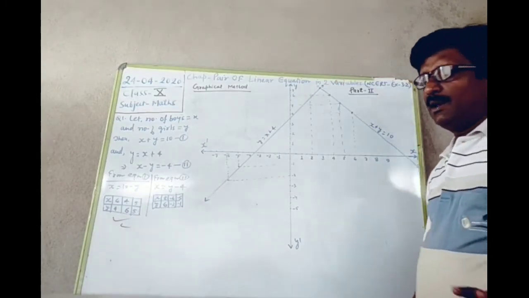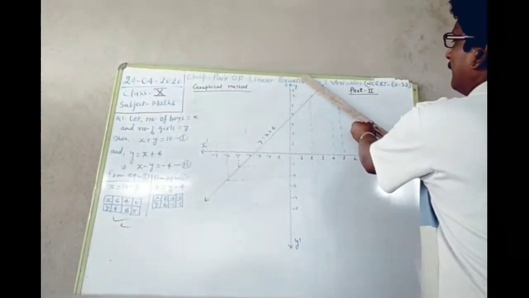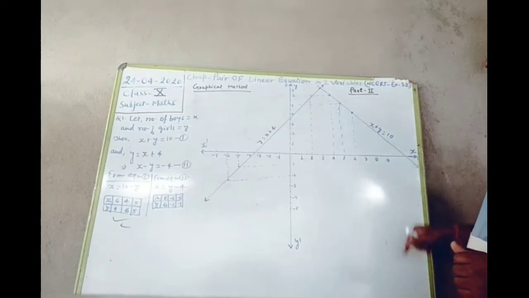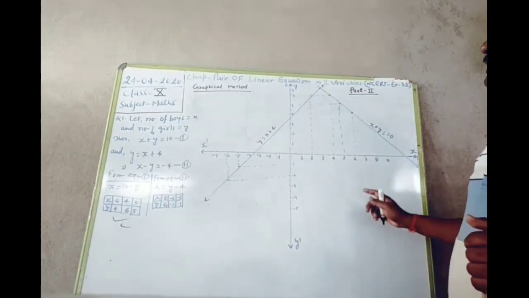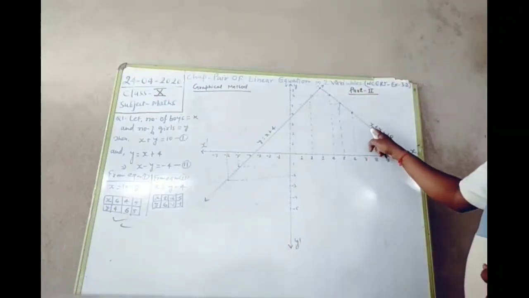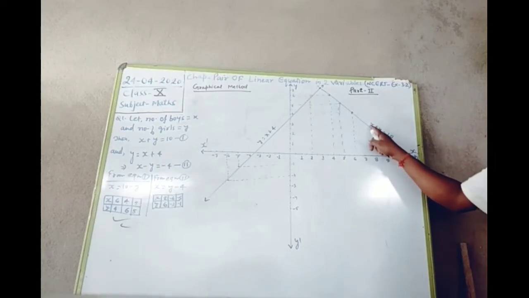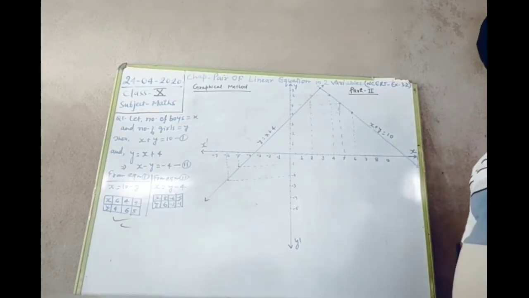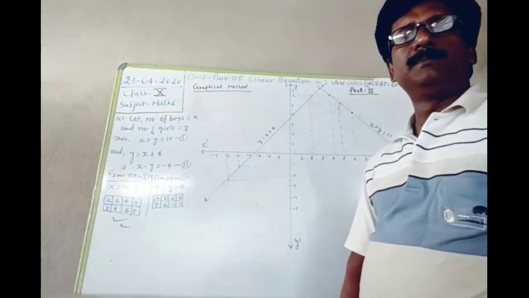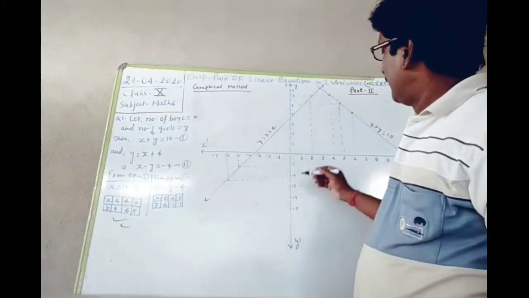Now, with the help of the scale, once again, I have drawn these 3 points, and after joining these points, we get a straight line, and this line represents the equation x plus y is equal to 10. So I have written x plus y is equal to 10. This is the line of the equation x plus y is equal to 10. And after getting the first line, now move to the second table, and from the second table once again the coordinate is (2, 6), that is (2, 6).